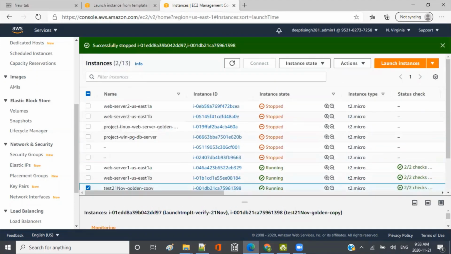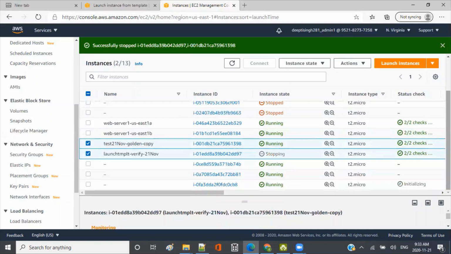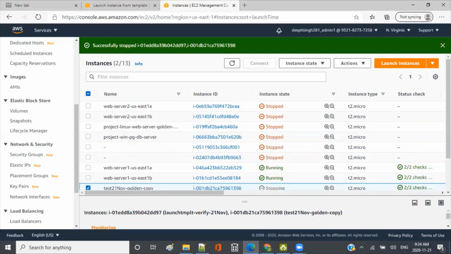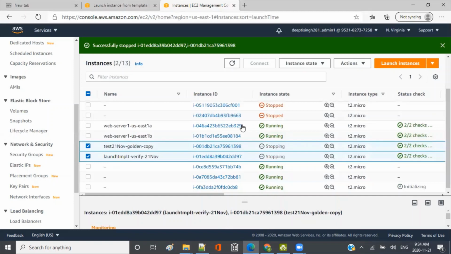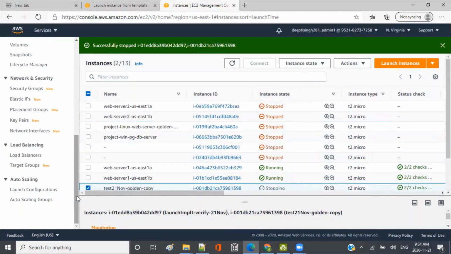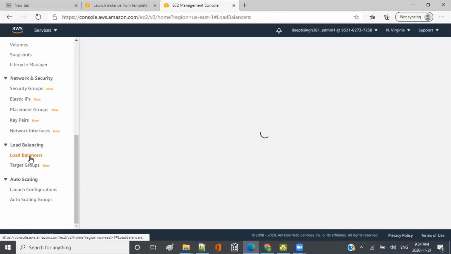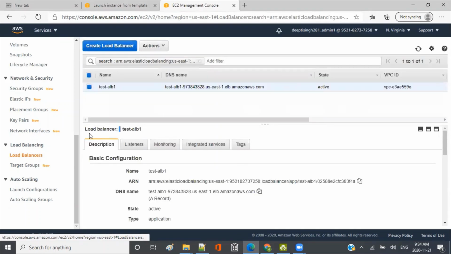Now we have only 1A and 1B which were manually added to the load balancer, and 3 of them which were created by the auto scaling group. Now I'll go to the load balancer and verify that on target group 1 I should have 5 instances running, 2 manual and 3 from the auto scaling group, right?